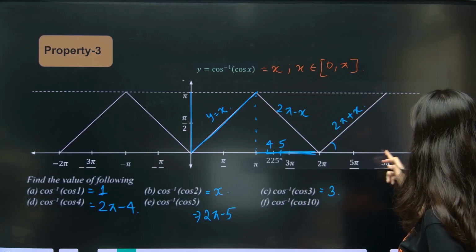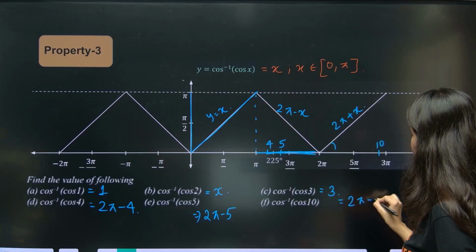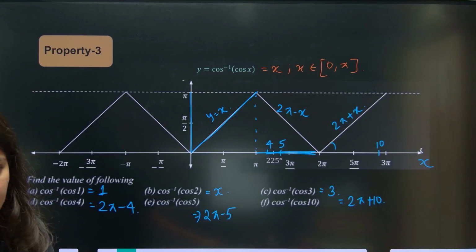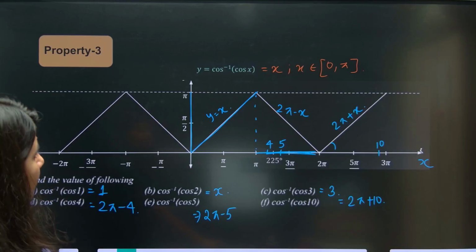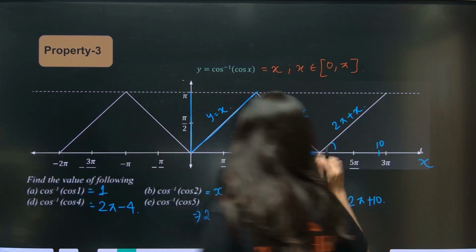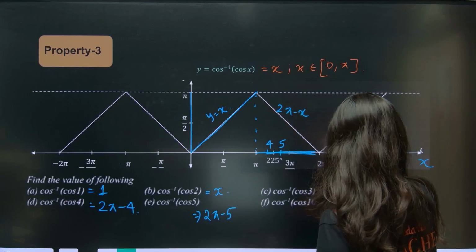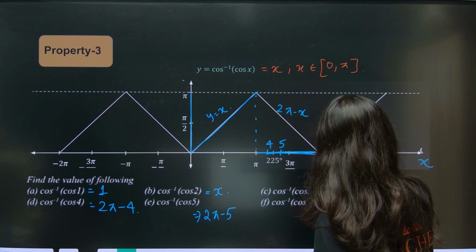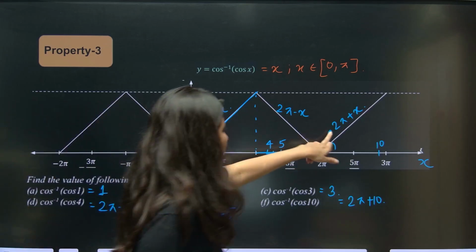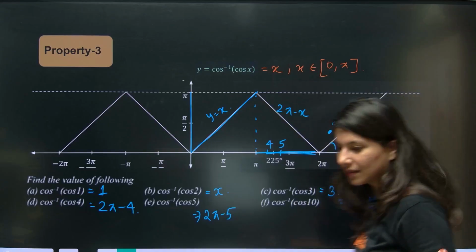So 10 will lie somewhere over here. Here or here. So 10 will be here. So this is 2 pi plus 10. Oops, maybe I have done this. Okay, hold on. This is plus 2 pi. This one is plus x and minus 2 pi. Yes, this one is a negative sign. Yes, this is x minus 2 pi. So now the 10 is what? So this is minus 2 pi plus 10. Yes, Nithilan, absolutely right.